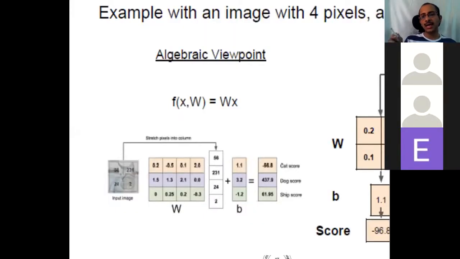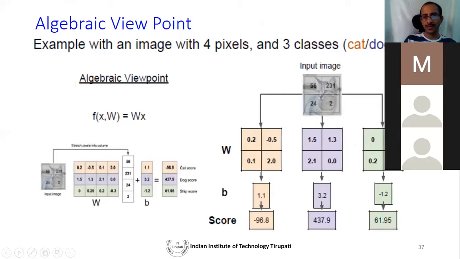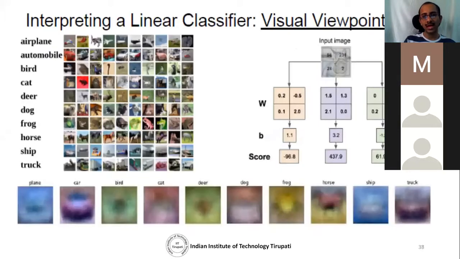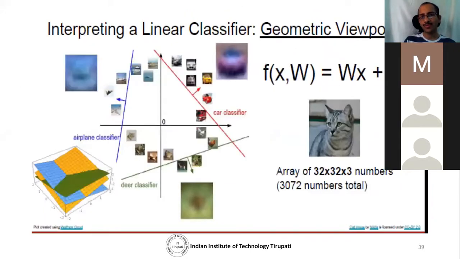What the neural network learns is the separating lines in that 4-dimensional space, or in that higher dimensional feature space. Hope I am audible. Yes. Am I audible clearly? Yeah, now it is fine, sir. Okay, so were you able to hear me before? What I was saying about the geometric view, you were not audible. Okay, fine, good.